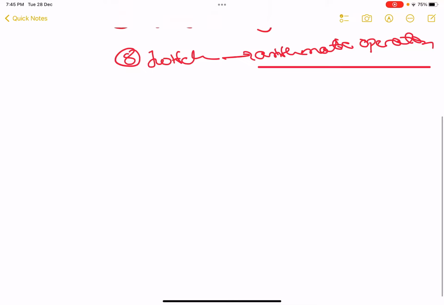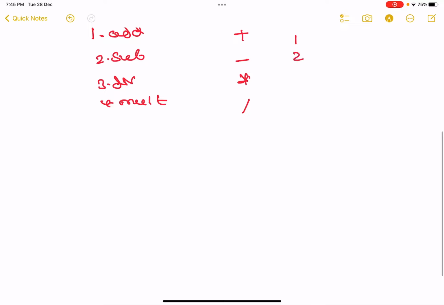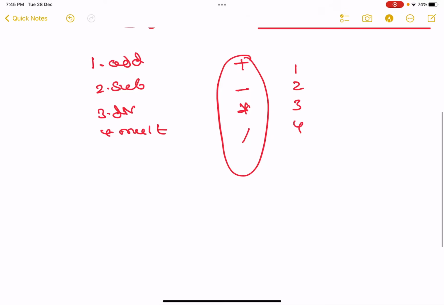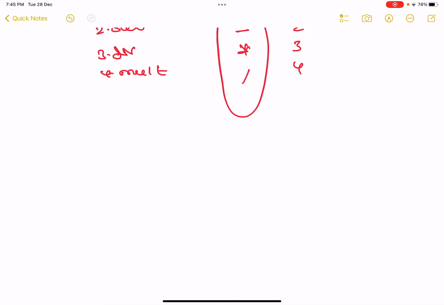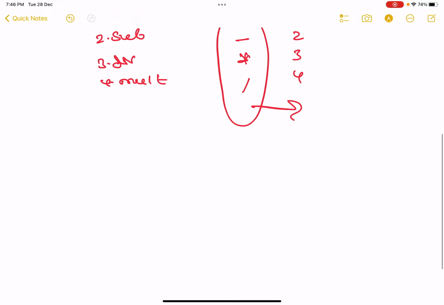See, in the arithmetic operator, we took the inputs as 1 for addition, 2 for subtraction, 3 for division, and 4 for multiplication. This depends on how you take the input. What if the examiner or the evaluator asks you to take minus, plus, star and divide as the options, not as numbers 1, 2, 3, 4? These are symbols. So you can take these inputs, but not as integer or float, that's not allowed.